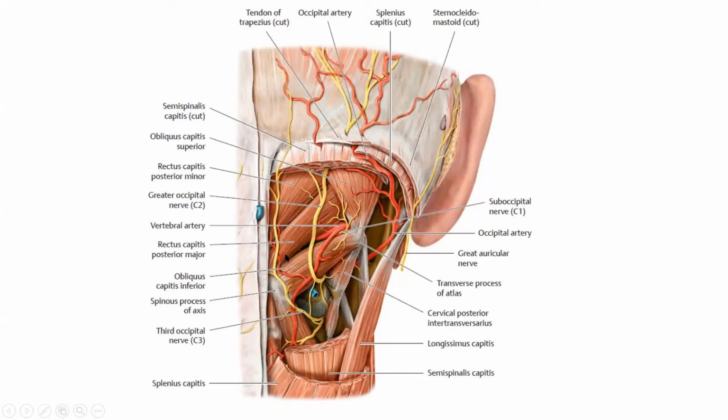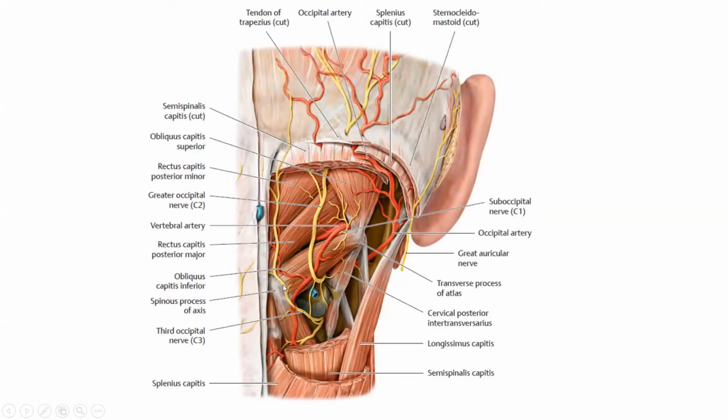So again, here you can see the suboccipital triangle, and here is the vertebral artery, and under the vertebral artery you can see the suboccipital nerve, that is a dorsal branch of the spinal nerve from segment C1. The last nerve exceptionally has a specific name. It's the dorsal branch of the spinal nerve segment C3, which is called the third occipital nerve. The third occipital nerve is also considered a pure sensory nerve, innervating the skin